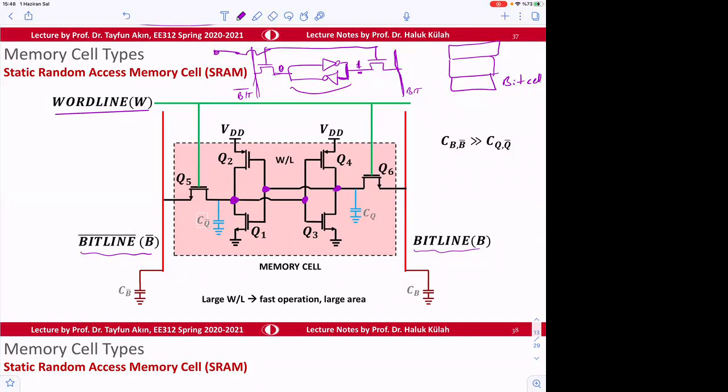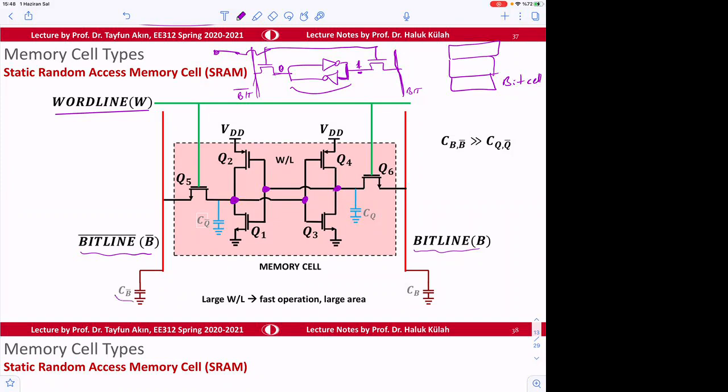Here, the transistor sizes are preferred to be selected to be minimum size, so that a memory cell occupies a small area. But if you make those transistor sizes small, then